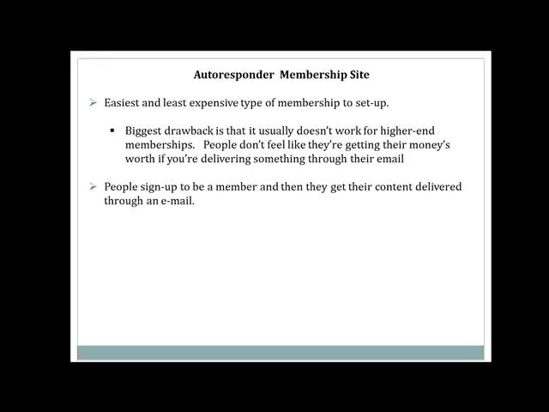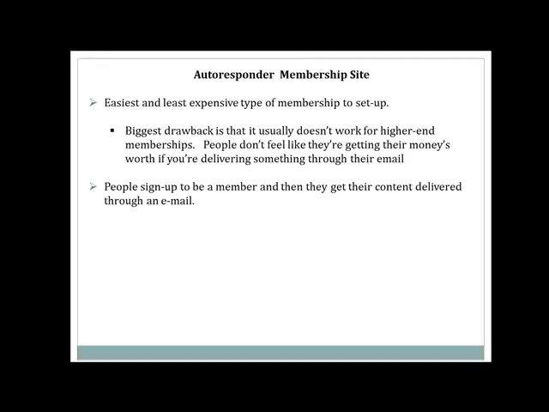People sign up basically to be a member, and then their content again is delivered through email. That's how that works. And you're all familiar with autoresponders. They have a follow-up feature already built into them, and so this is already set up for that, in the sense that once they put in their name and email after they've purchased from you, it's going to start setting up the follow-up message sequence that maybe you've already uploaded, if your content's already produced. So you've got the sequence set up, so all you really have to focus on is getting more members into that membership site, and you know that you've got people in there that they're going to stay for 6 months,